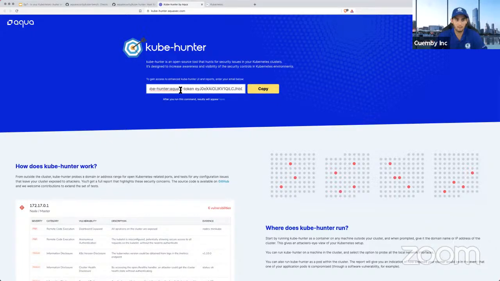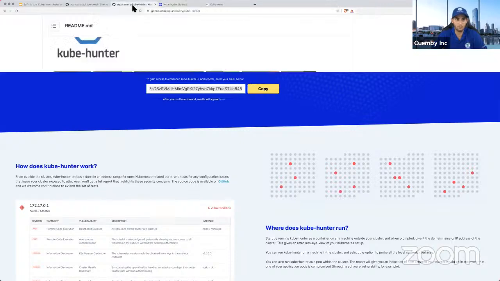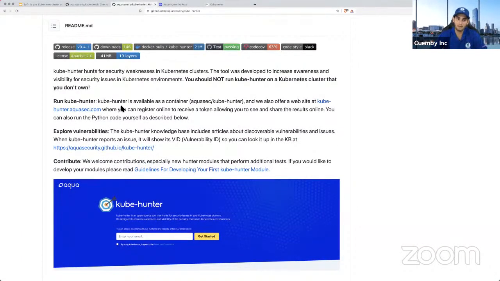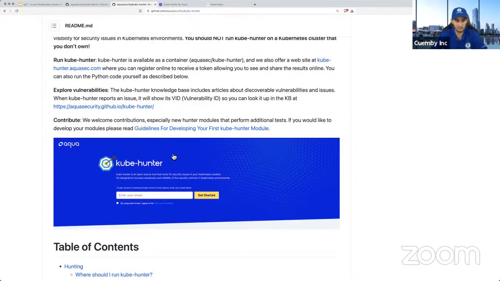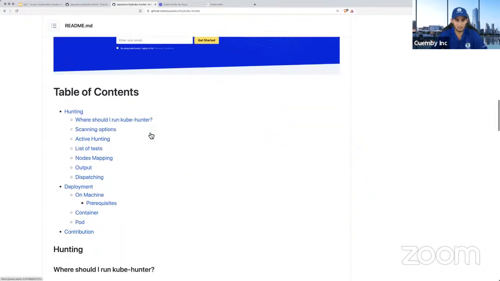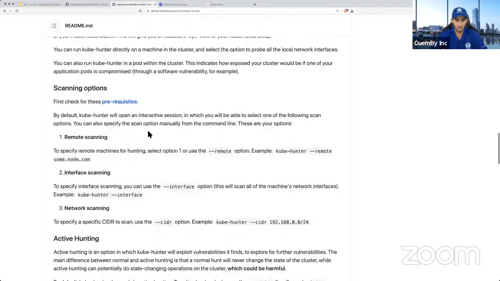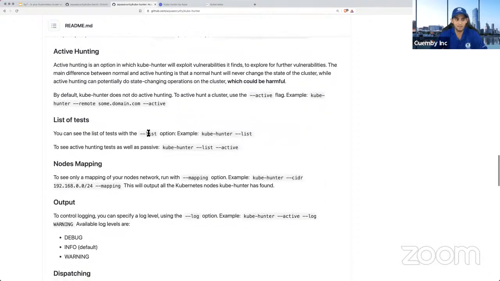Let me copy this and see if it works. You can also run it as a Docker container. It's going to explore more in depth than what Kube-Bench is doing for all vulnerabilities, and it gives you this nice UI where you put that in and associate it with your email, and it's just going to be hunting, kind of what it is.